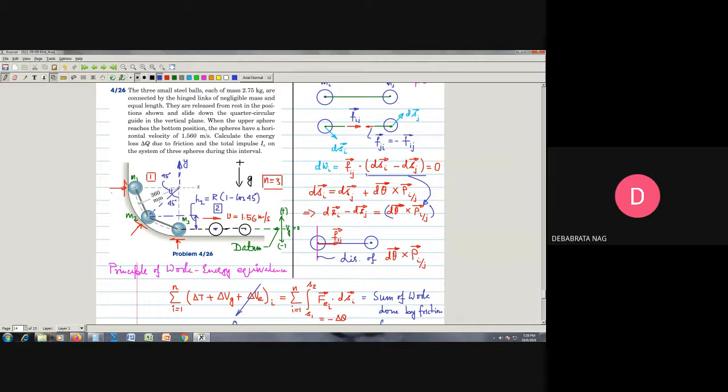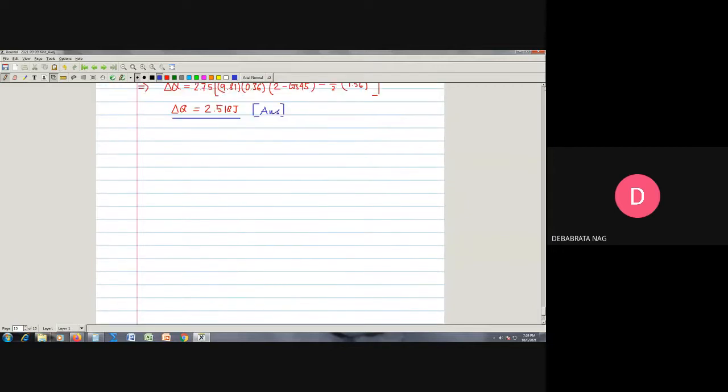Now, from the impulse momentum equivalence principle, in this case the linear momentum equivalence theory, we can say that